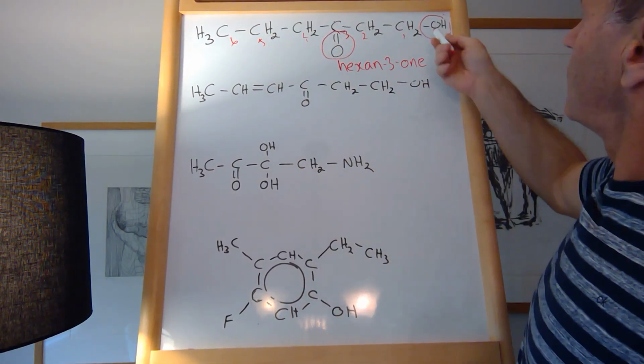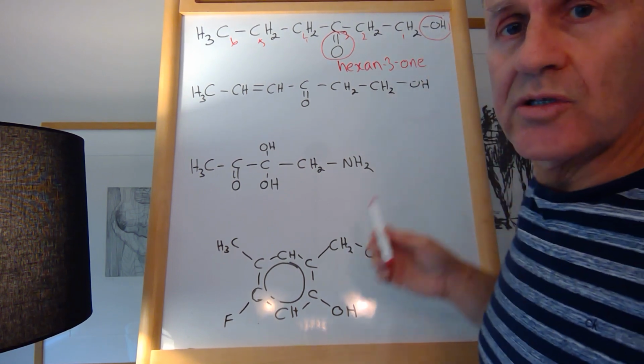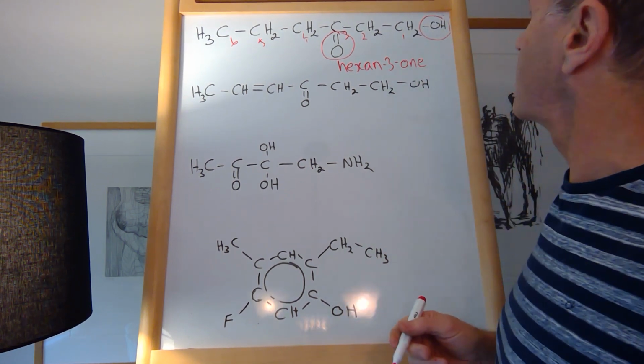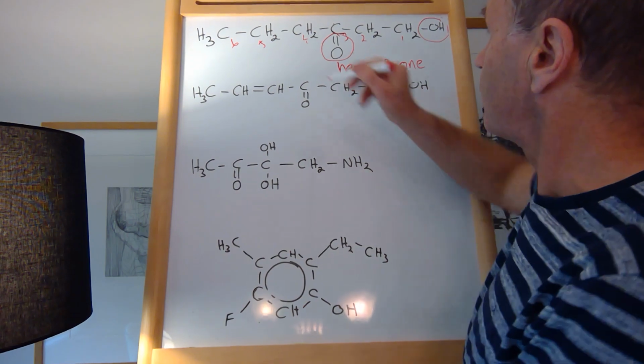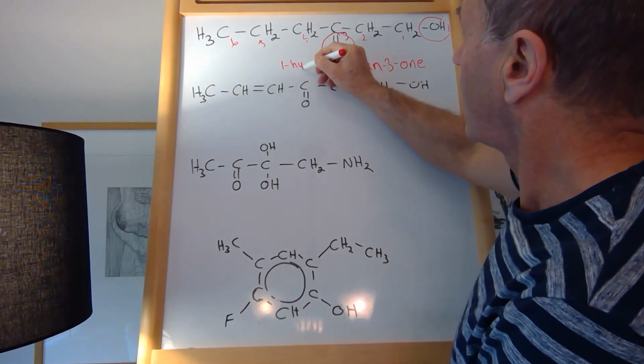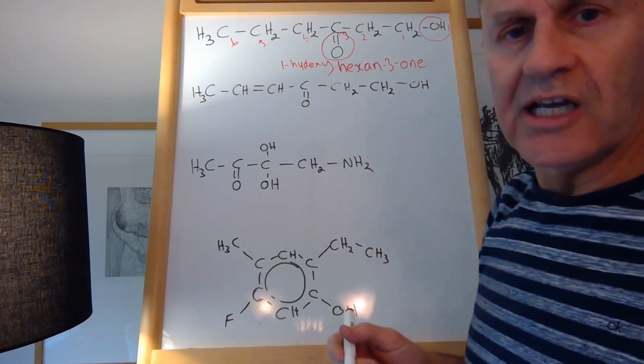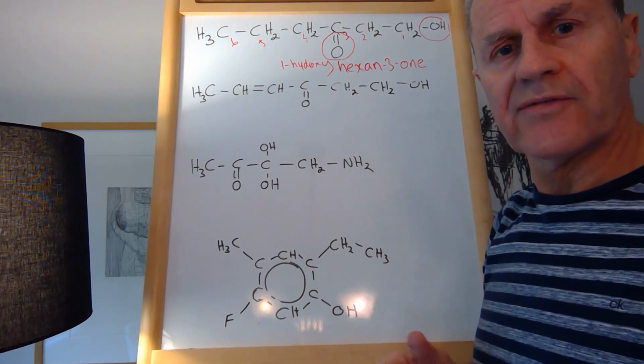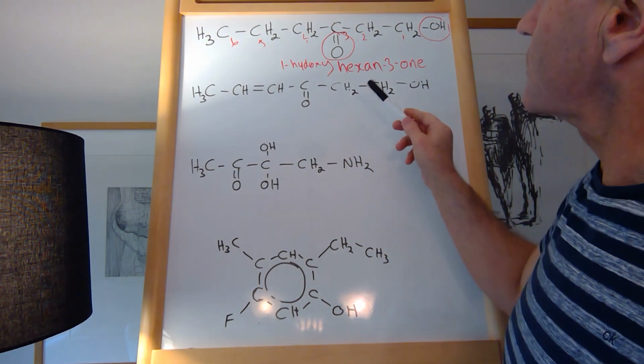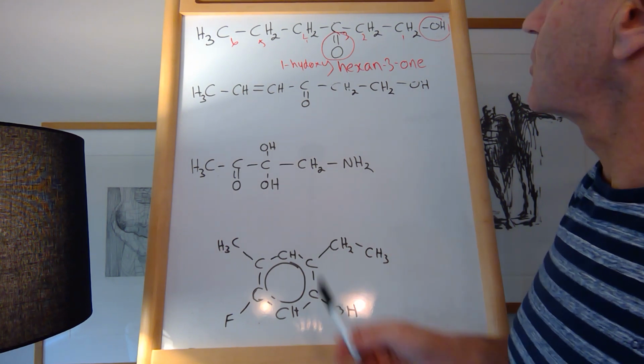And so now we have a look at that. So attached to carbon 1, there's a hydroxyl group. And so it's simply 1-hydroxy hexan-3-one. All right? Fairly simple. Now let's go on to the next one, which is pretty well exactly the same molecule, except it's